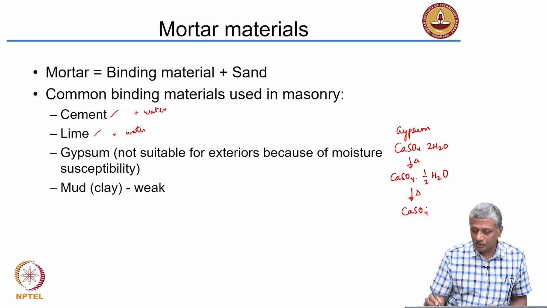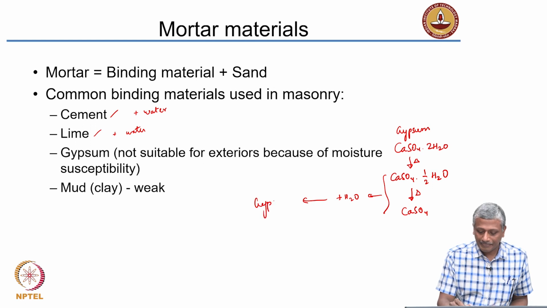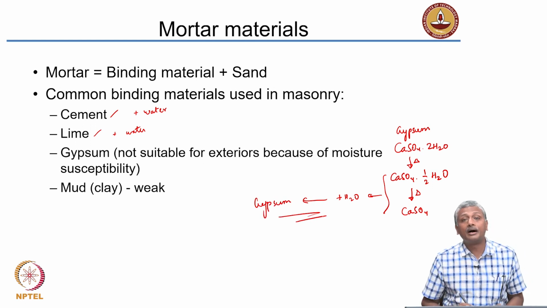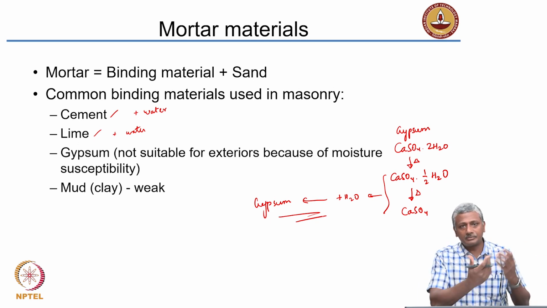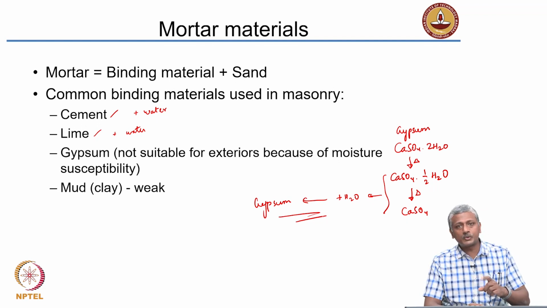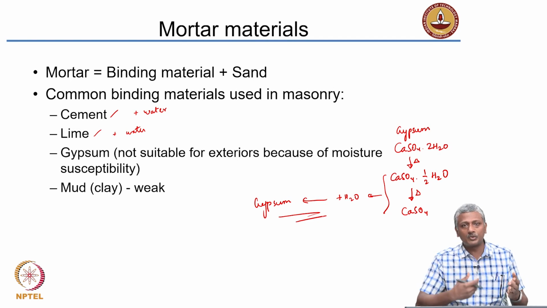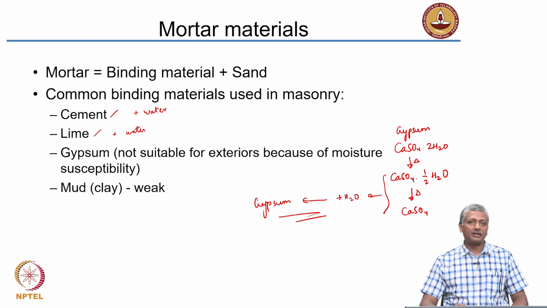When you mix this anhydrite with water, you get back your gypsum. And that's the process of actually using a gypsum based binding material. So you have a different form of gypsum which combines with water and hardens to form gypsum. But the problem here is this gypsum also is slowly water soluble. So if you use gypsum mortar for binding in an exterior environment, what will happen is because of the moisture, this gypsum will slowly get eroded. It will slowly dissolve away, and that will lead to a very low strength of your material. So you will not get proper setting and hardening with gypsum mortars.